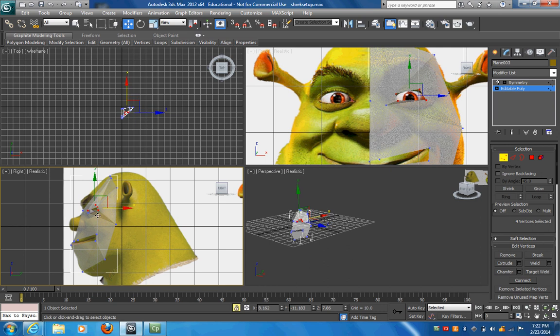Now, they're not perfect by any stretch of the imagination yet, but you can see our face is now beginning to take shape. So if we go here into our bottom viewport,